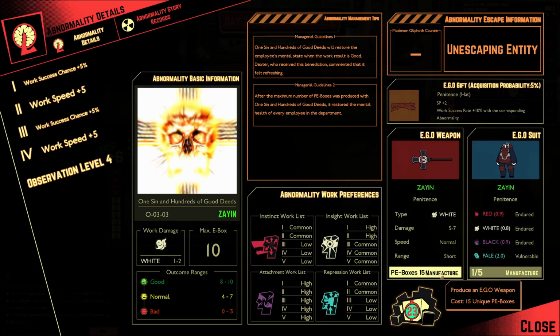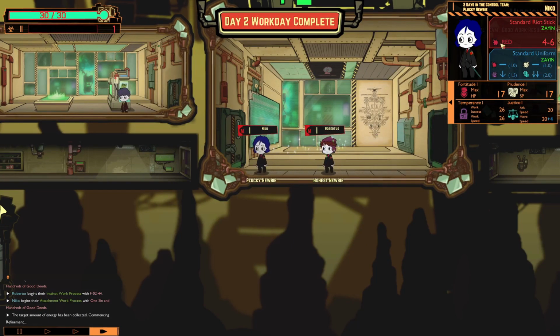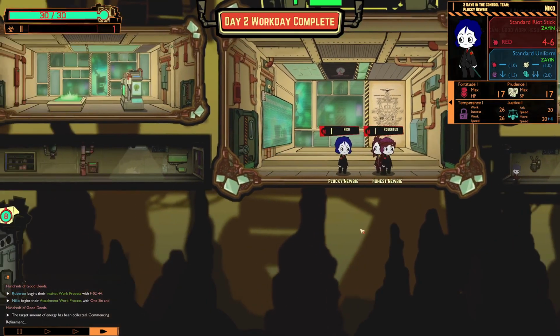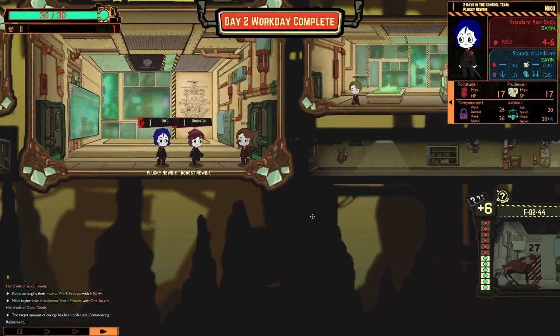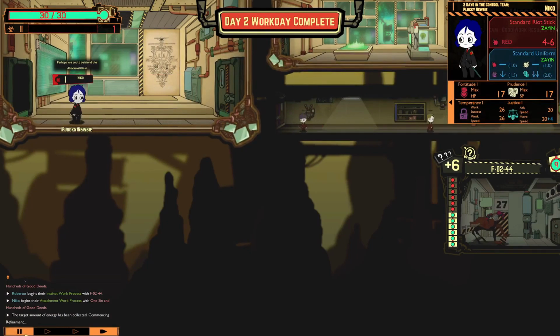Well, anyway, this weapon does white damage, 5 to 7 damage, which is better than what we have right now, because by default they just have a 4 to 6 damage weapon that does red damage, which is not very good. The reason why I want white damage is, first of all, abnormalities can be weak to white damage or strong against it. And second of all, I want white damage because